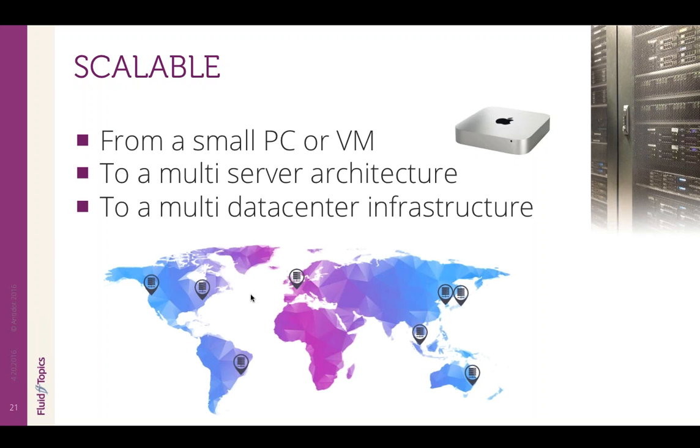But Fluid Topics can also be deployed in multiple data centers with users being automatically routed to the closest facility, providing the fastest access possible. And when it's installed like that, it's really the same Fluid Topics with content, user data, and everything automatically. So when you deploy in multiple locations, it acts as if it's a single installation. It's not multiple Fluid Topics running separately. Really, when a user connects, it's transparent for the user where they're connected.